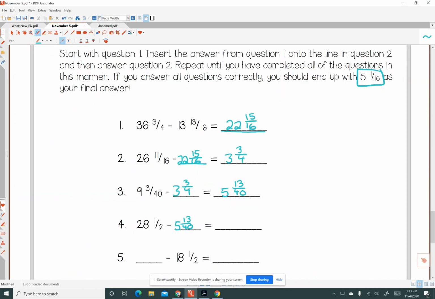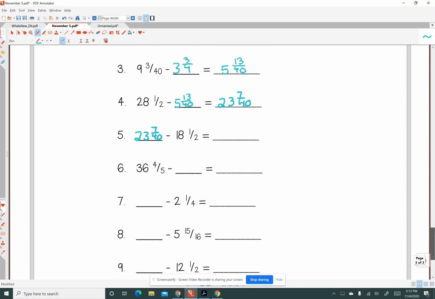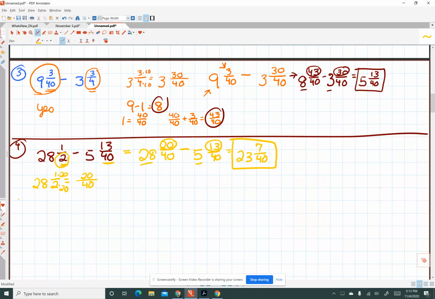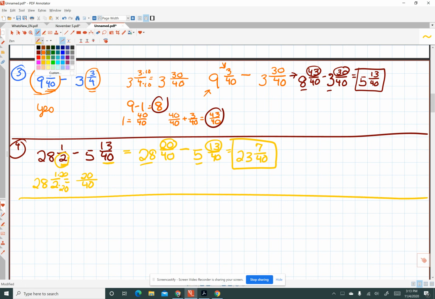So 23 7/40, which also goes here. Okay, our next problem. Let's change our color. Number 5. 23 7/40